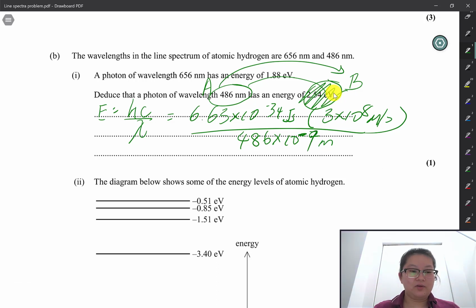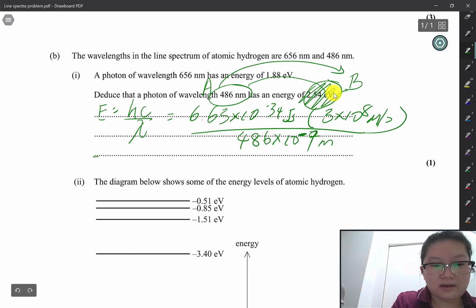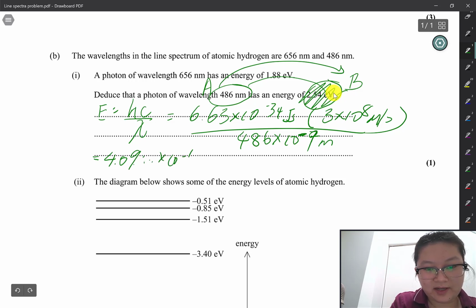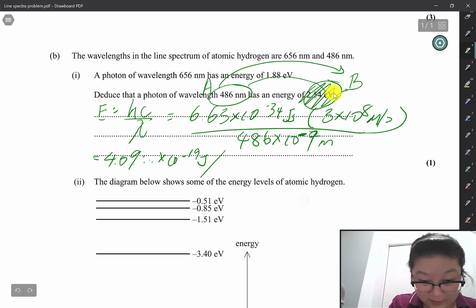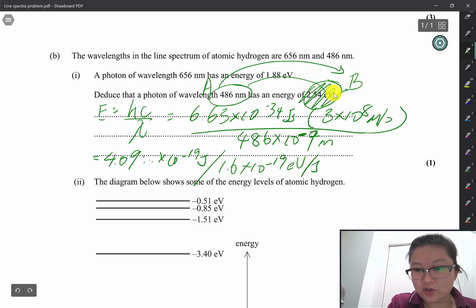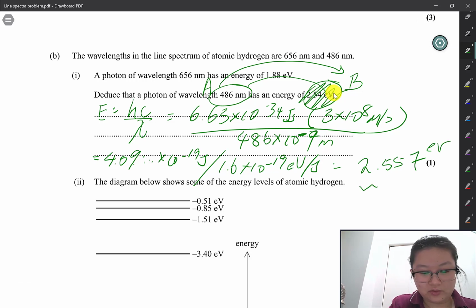Okay, so that's going to give us 4.09 times 10 to the power of negative 19 joules. And to give us electron volts, we're going to divide this by 1.6 times 10 to the power of negative 19 joules per electron volt. And that's going to give us 2.557 electron volts, which is roughly equal to